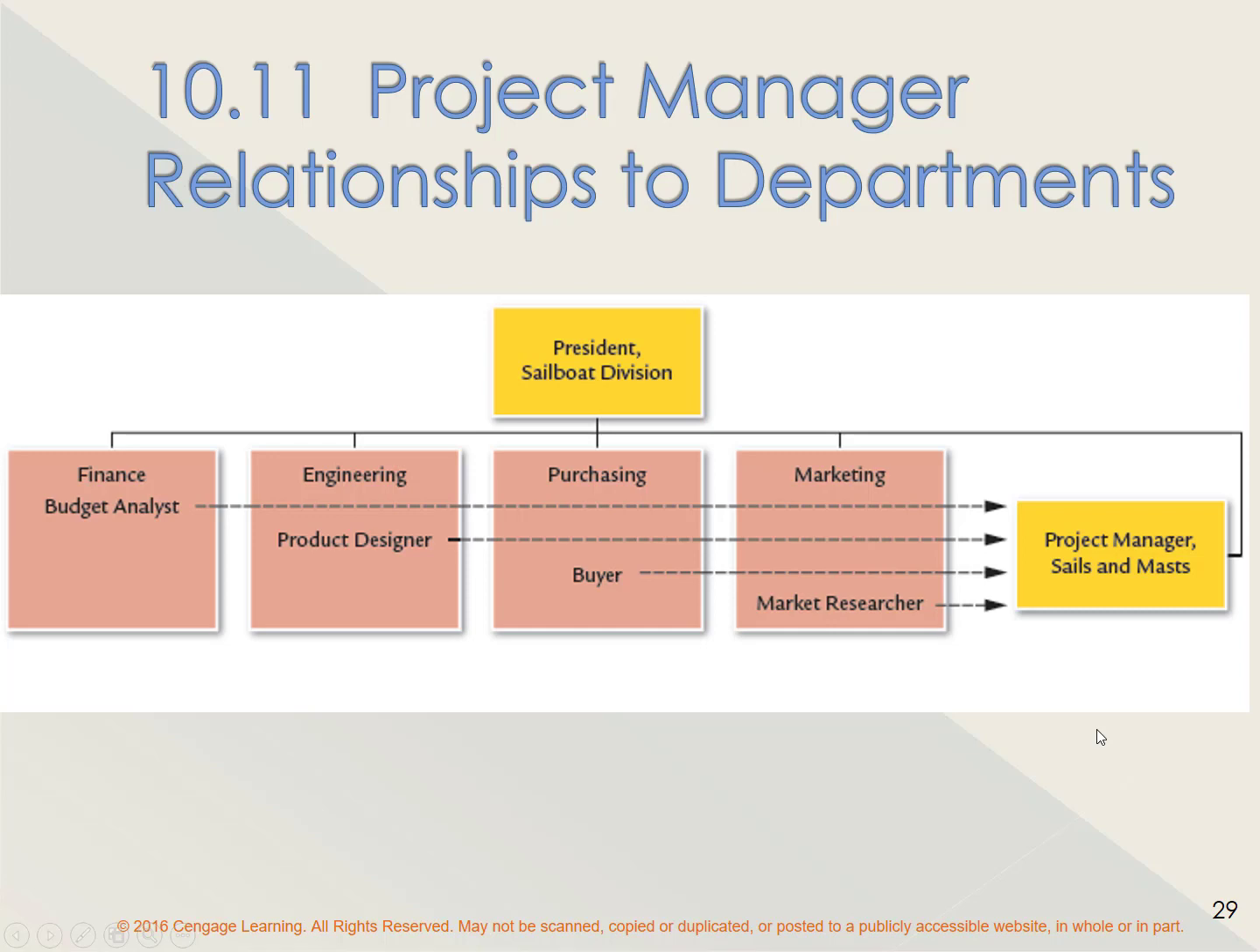Okay, project manager relationships to departments. So if you look, say you have the president of the sailboat division, and then on the far right you have the project manager, and how that project manager will work with each of these other departments. Now let's look over at finance and the budget analyst and how he reports to the project manager. Well, that same guy may report to multiple project managers. That's pretty common. For example, in the sample I just gave you about my friend who basically coordinates the development of these small little residential cities,